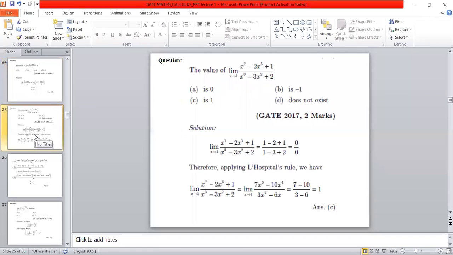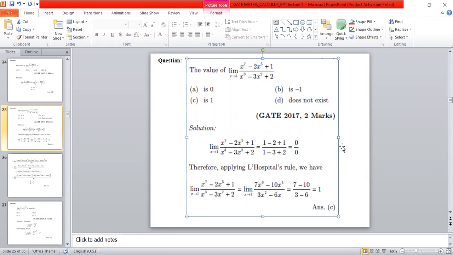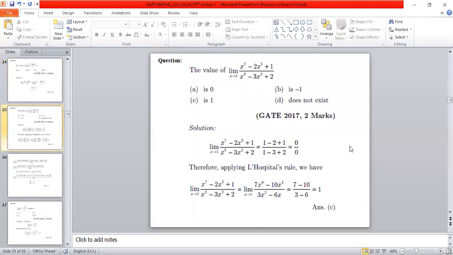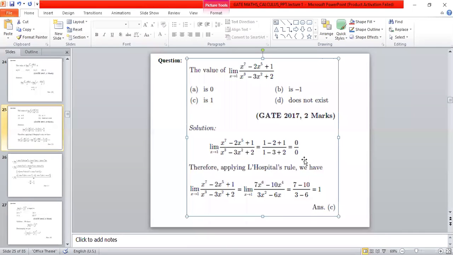Next question. Limit x tends to 1, x raised to 7 minus 2x raised to 5 plus 1 upon x cube minus 3x square plus 2 as limit x tends to 1. So we'll apply here limit, we get 1 minus 2 plus 1, that is 0 by 0 form. And L'Hospital, that is we are taking derivative. So 7x raised to 6 minus 10x raised to 4, and again applying x is 1, we get the answer as 1.